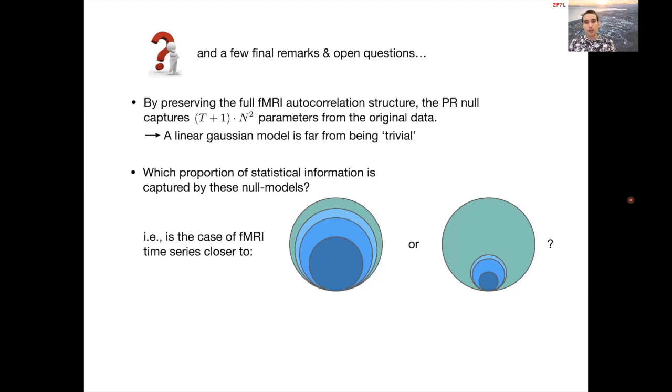And then an even more important question, and I think an even more tricky question, is to know where the interesting information is. First we have to define what is meant by interesting, but for example, what we want eventually is to have a good classifier, a good marker for brain fingerprinting or for early disease diagnostic. So where is this interesting information? Is it in the more central parts here? Is it in the outer parts here? Well,